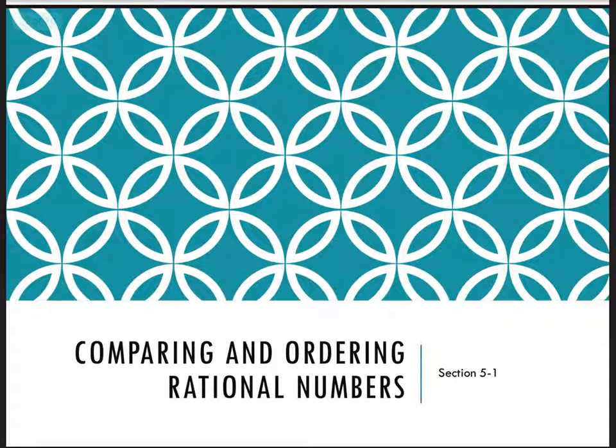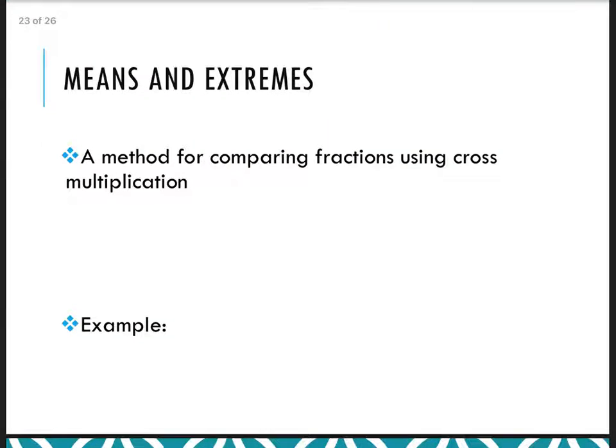Some truth. All right, so this is one of the coolest things. I didn't honestly tell you the truth until I started teaching math. I didn't know the name of it. I knew you could do it, though. A lot of folks call it cross multiplication. Means and extremes theorem is what it's called. It's a method for comparing fractions using cross multiplication. And what that looks like: if I have two fractions, 2/3 and 5/9, and I don't know which one's bigger, I can use this trick